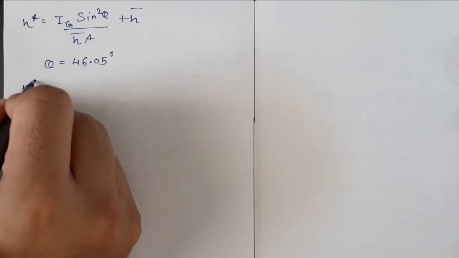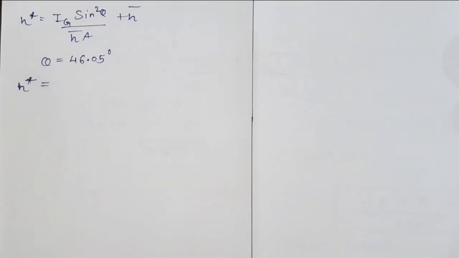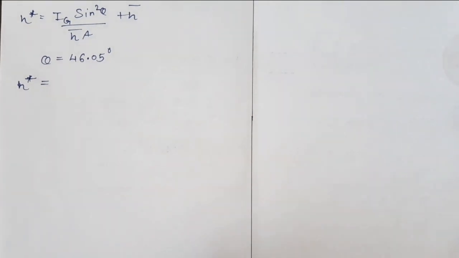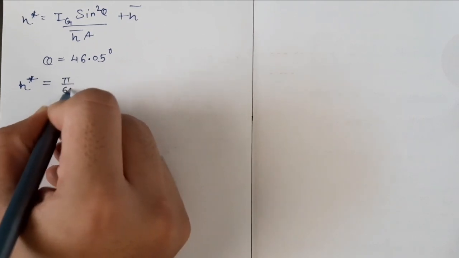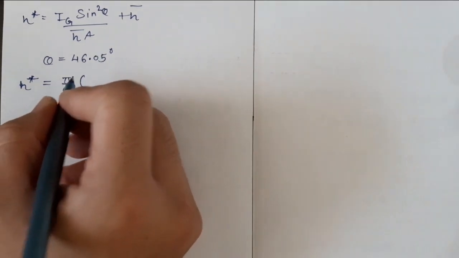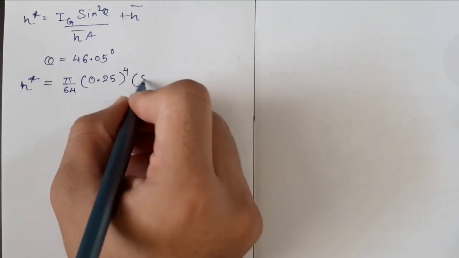So h star equals Ig. What is Ig? Now what is the moment of inertia for the circle about its centroidal axis? It will be pi by 64 into d raised to 4. Its diameter is 0.25 raised to 4, into sine